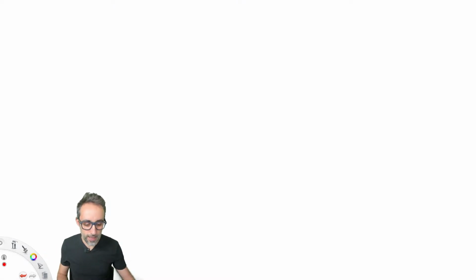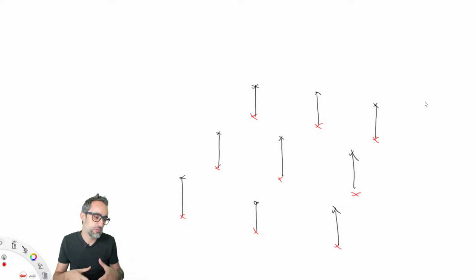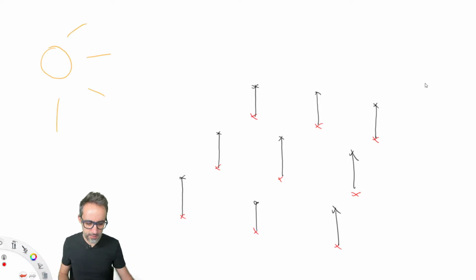Well, at a basic level, by design, we're going to create a 2D grid of objects. Then we're going to elevate them a little bit from the ground, and then we might put some cones or not, just for visualization, as in this is standing on top of something. And then at some point, we will have a sun object, similar to the one that we had in the previous video.